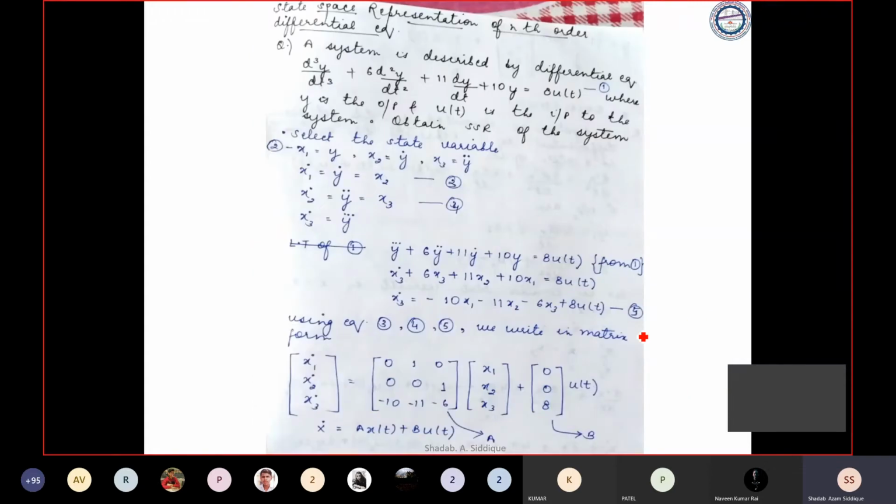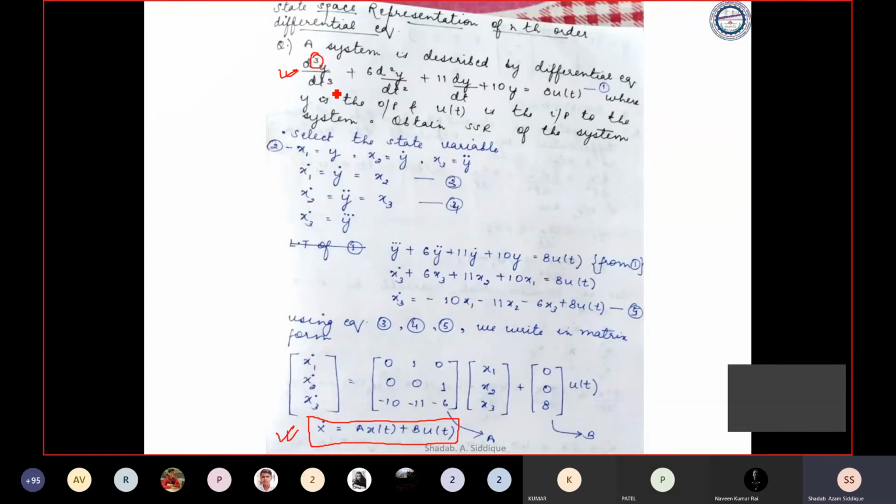Now we have gone through the problem which is given for an nth order differential equation, and we want to represent it in a state equation and an output equation. We have a state equation format like this: x dot is equal to A x of t plus B u of t. We want to have this differential equation in the form of this state equation. The differential equation is given as a third order differential equation, and I told you that you can go through the third order differential equation.